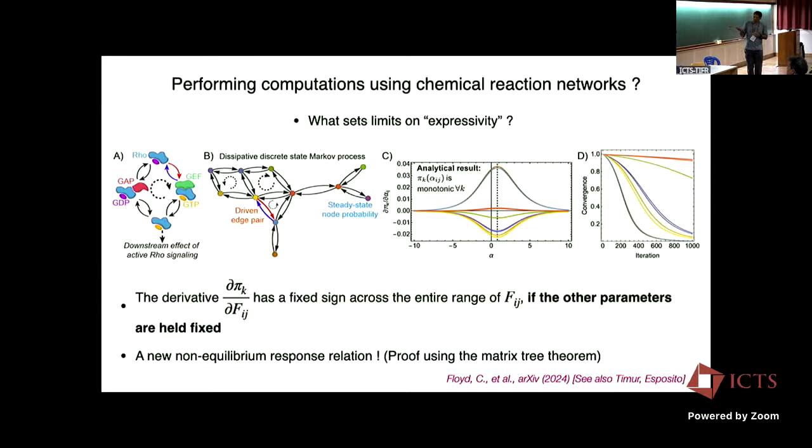In intro StatMech or intro thermo, we talk a lot about responses, about how the properties of a system change when you tune different kinds of driving forces. And we know that these responses close to equilibrium are very well constrained, curtailed by the laws of